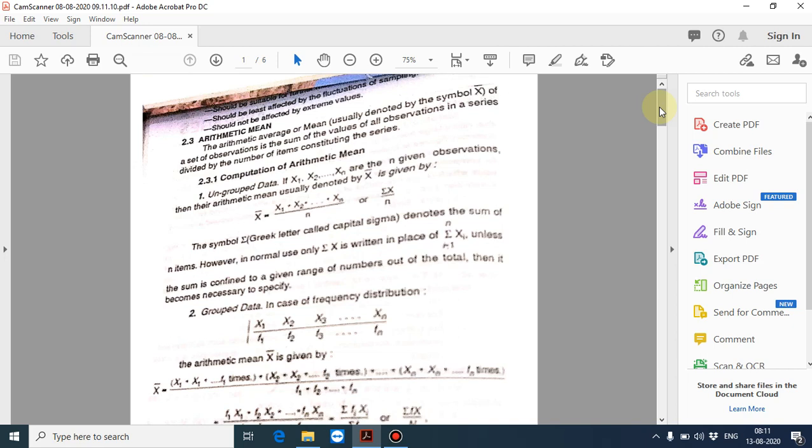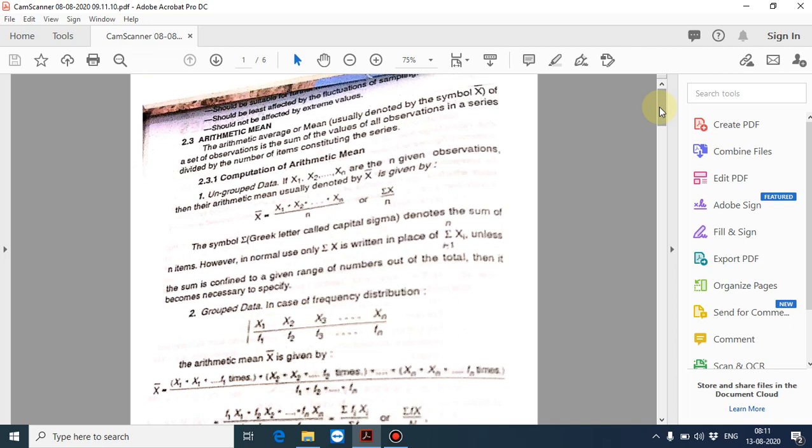I am Tanvira Sultana from the Department of Mathematics and I am going to take the allied subject, statistical methods and their application. I have selected the first and second unit because it will be a little easy and you will understand soon. The topics are arithmetic mean, median, mode, harmonic mean and geometric mean. So first let us see arithmetic mean.